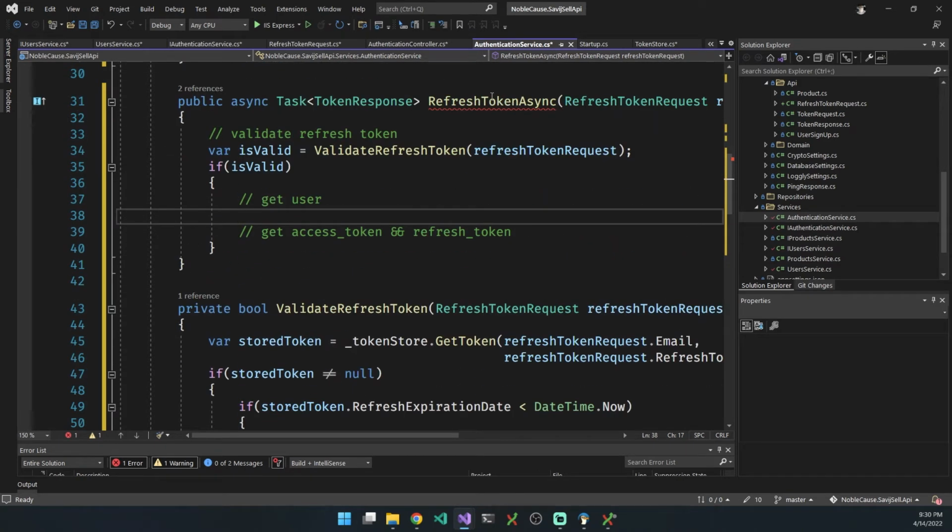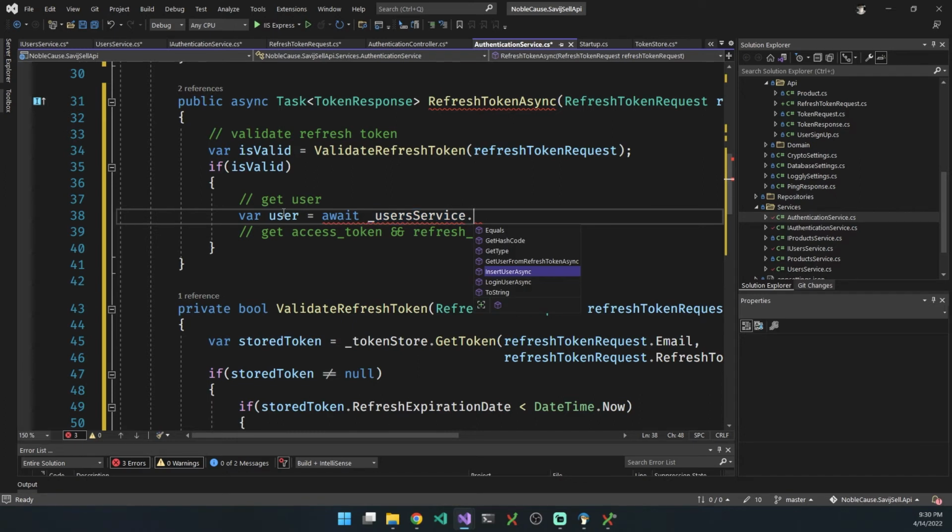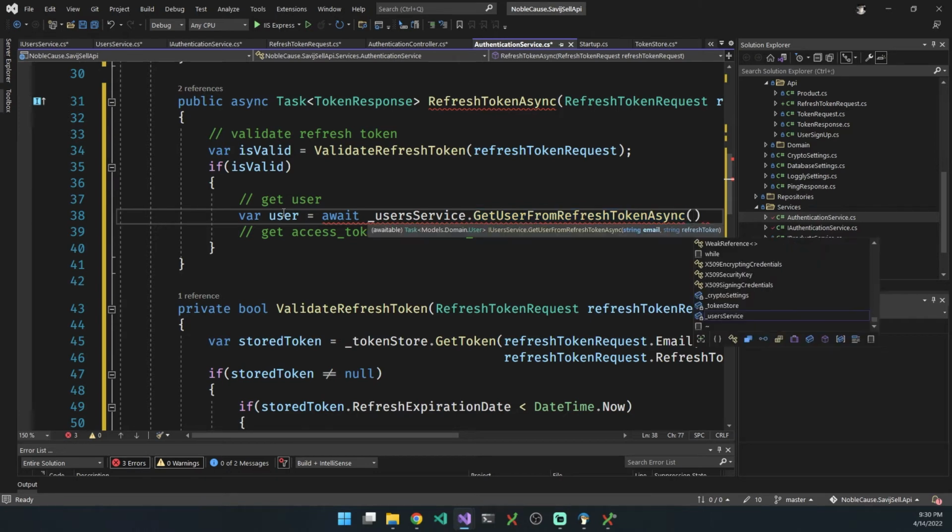All right. So in our refresh token async now, we can get a user. So we should be able to call, let's get our user. If our user is equal to await user service dot get user from refresh token async, and we are going to pass it our